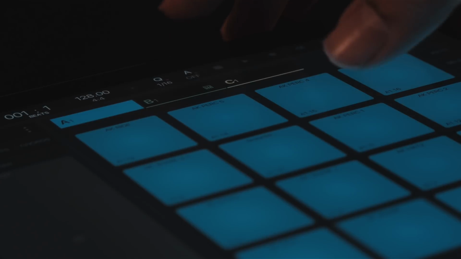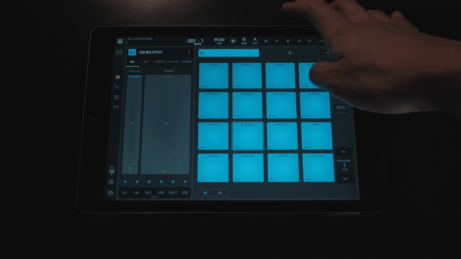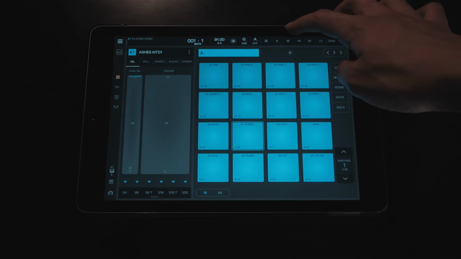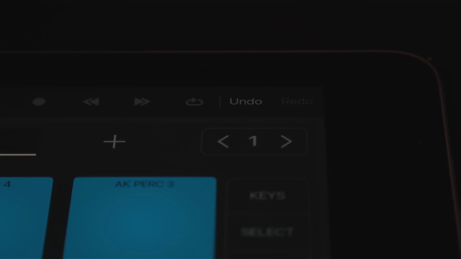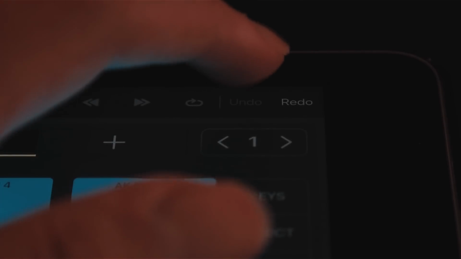Next to that are additional quantization and automation settings. Now, these settings are great for full control over your sounds, but for what we're currently aiming to do, it's just not important to learn how to use these yet, considering the features are a little complex. But don't worry though, we'll get to these much later. At the end of the top toolbar, we have our basic playback buttons, which let us start, stop, record, and loop, and also undo and redo. Remember those, because those will be our best friends.